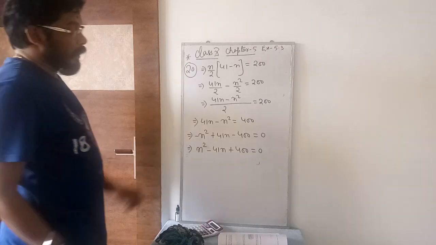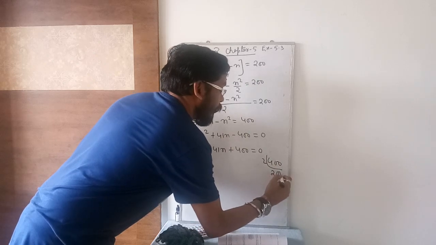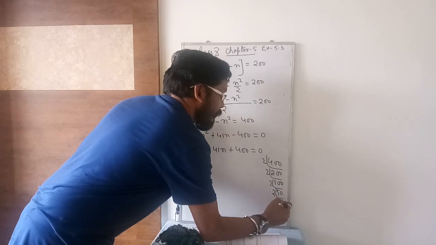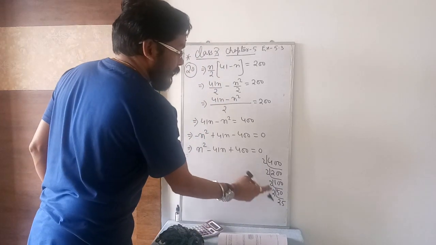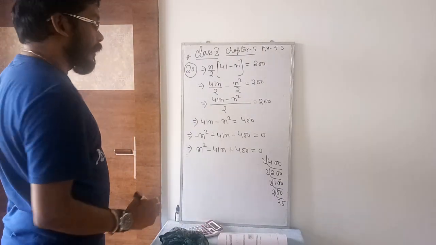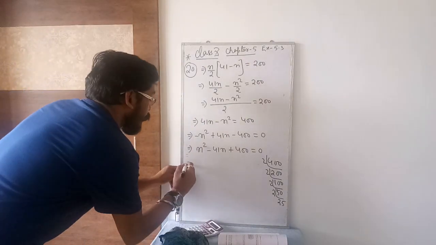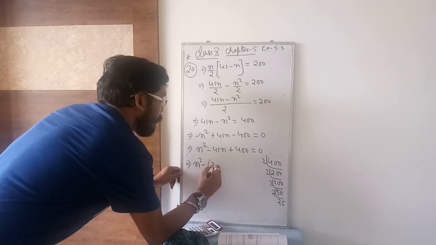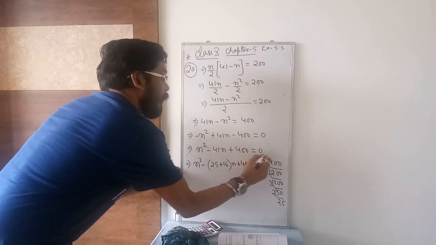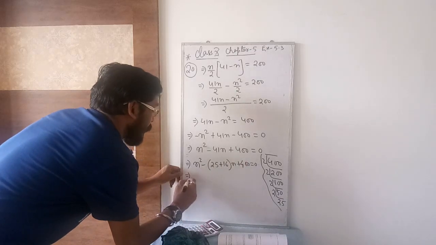So what do I have to do here? Middle term. If you find the factors of 400: 200, 100, 50, 25. Okay, 2 to the 4, 8, 16. 16 plus 25 is how much? 16 plus 25, it is 41. So the middle term will be 25 plus 16. Why plus? Because the last term holds plus before it. So 25 plus 16. Okay, this is the rough work. It's 400. I will remove the bracket now.